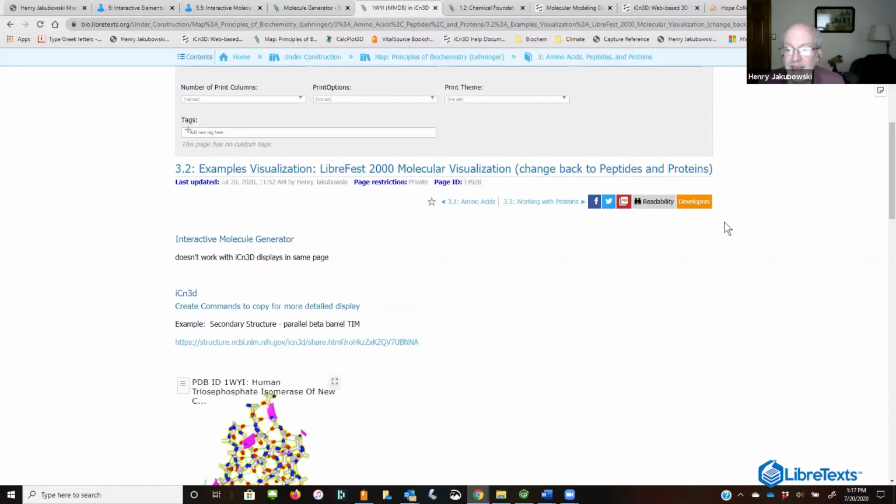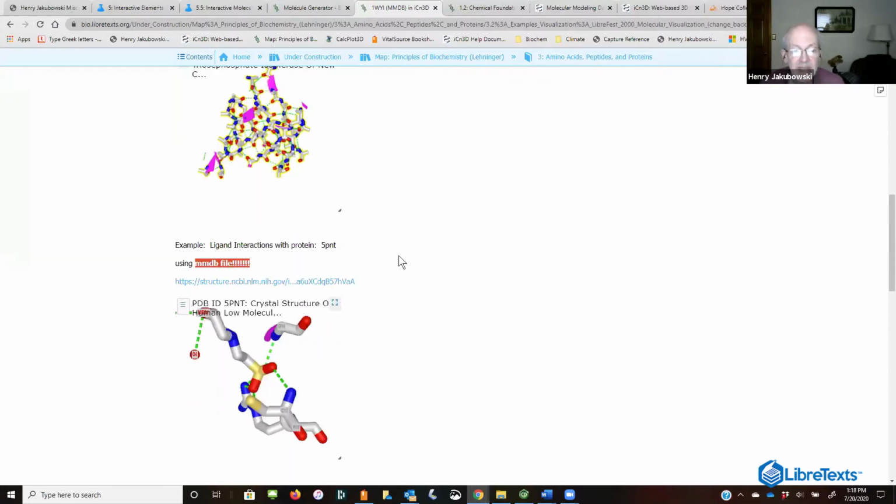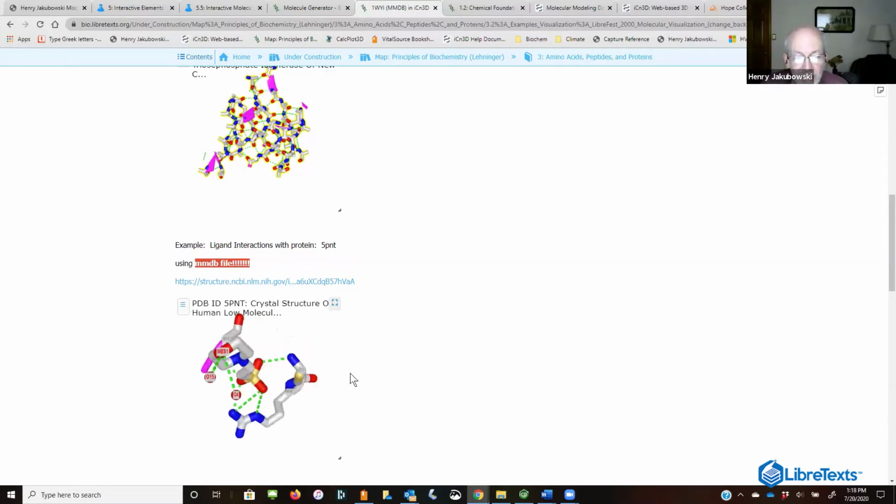I personally wanted a rendering just showing super secondary structures. So some motif, not the whole protein, and you can see the hydrogen bonds that are shown there in dotted green lines. Another thing for anyone working with proteins and enzymes is you want any protein that binds the ligand, which is pretty much everything, you want to see what's around the ligand. What are the intermolecular forces or non-covalent interactions that interact with the ligand? So I made a really quick one here, and you might say, oh, there's not many amino acids around here,